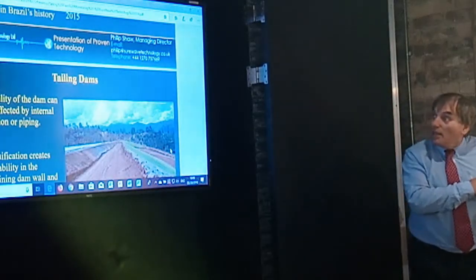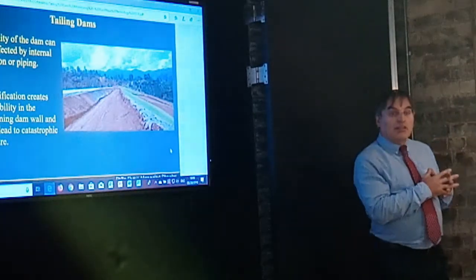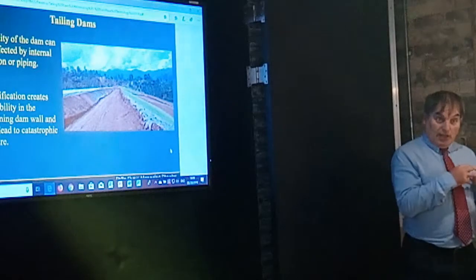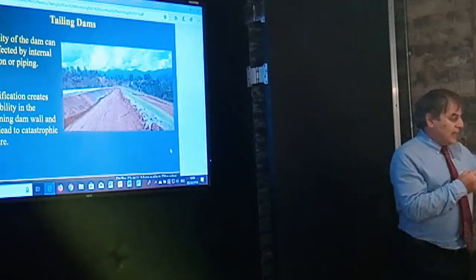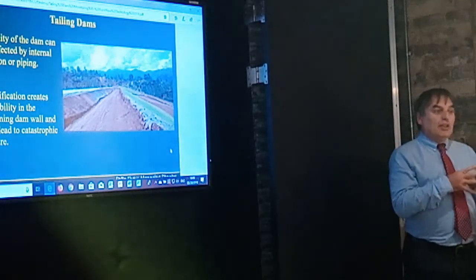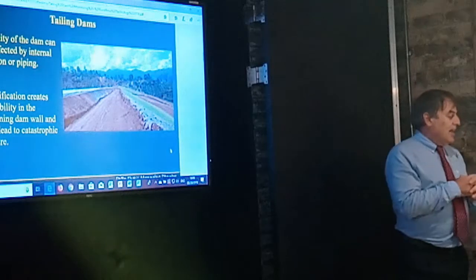So, tailing dams. There's experts on the panel who understand how tailing dams are made. One of the biggest issues that we get involved in is obviously the stability of that wall, that dam. And one of the big things that affect that is liquefaction. If you don't know that liquid is getting into those tailings, particularly close to the dam wall, then you